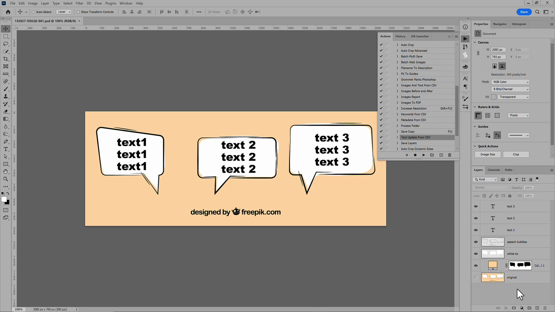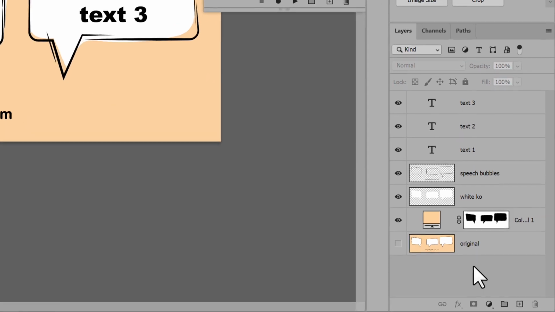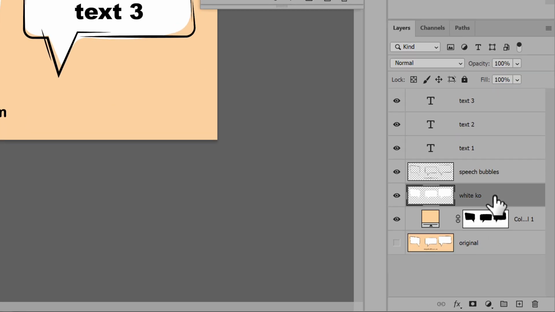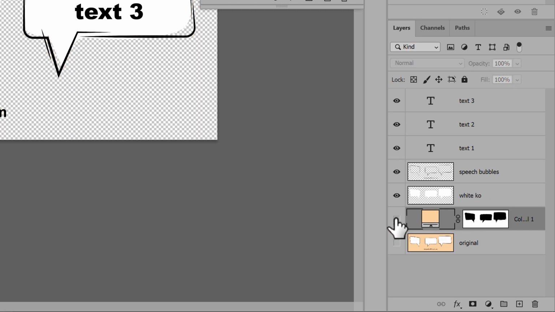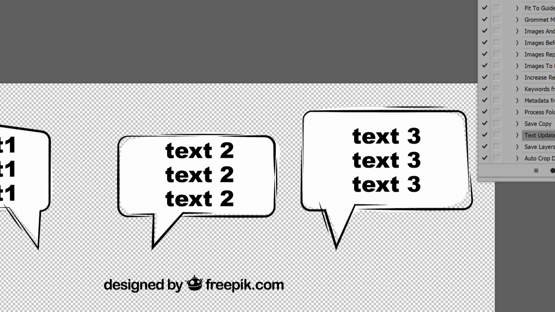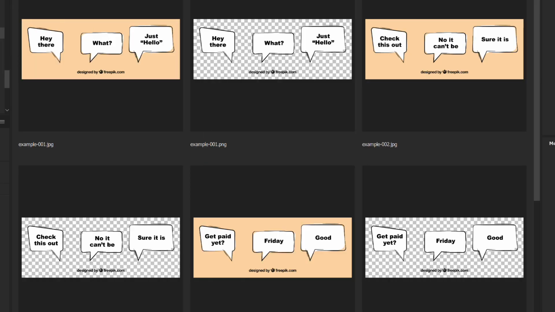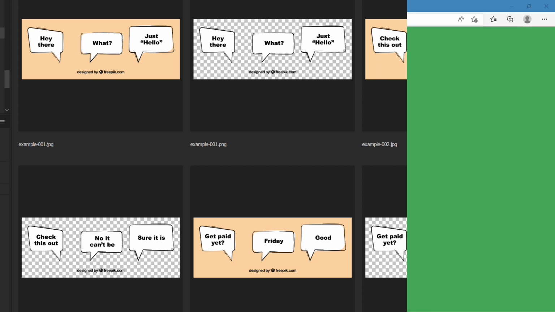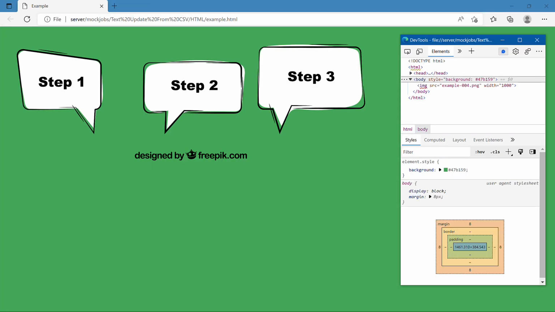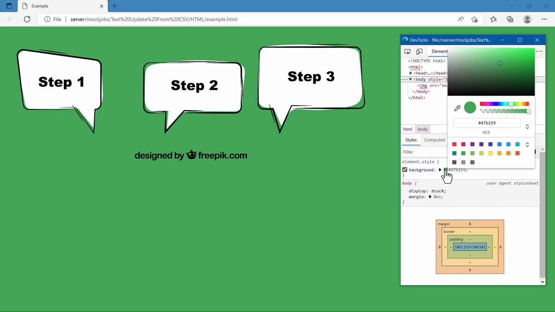Also know you can generate images with transparent backgrounds. This is useful for websites. In my master image, I have a white layer for the speech bubbles, and the background separate. I'll leave the speech bubbles white, but turn off the color fill layer below. Change the format to PNG because that supports transparency. Don't flatten, and the background is transparent. Put those on a web page of any color, and the background of the page shows through, whatever color the background might be.